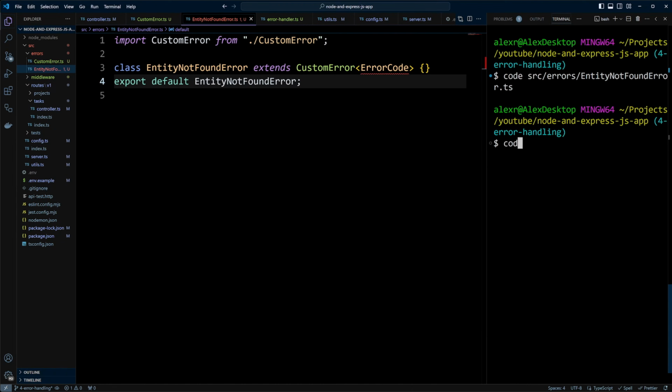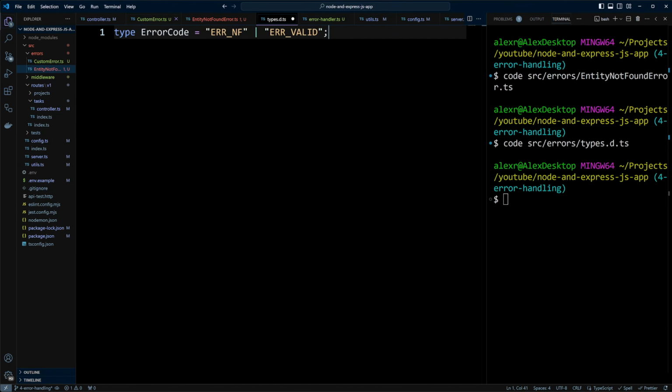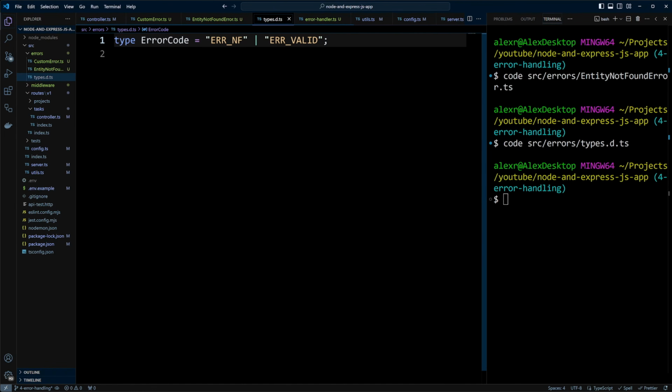We are going to create a type definitions file, types.d.ts, in the same src/errors folder. We will add the following code. This code defines a TypeScript type called ErrorCode. It uses a union type to specify two possible string literal values. ERR_NF stands for not found error. ERR_VALID stands for validation error. This type definition allows you to use these specific error codes in your application, ensuring type safety when working with